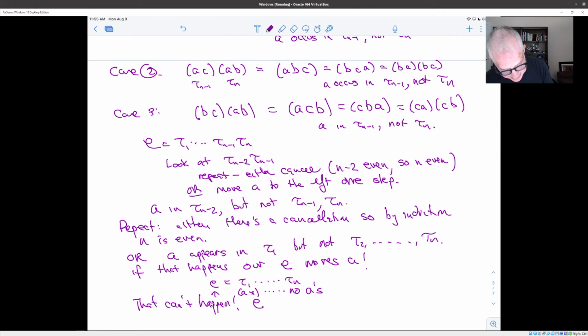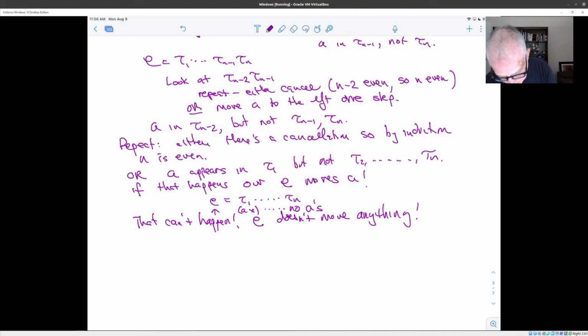Because the identity doesn't move anything, that case can't occur. So what that means is as you move the 1 down the way, or the A down the way, at some point you have to get a cancellation and the length has to get shorter. You don't know where that's going to be, but wherever it occurs, the length gets shorter, and so therefore you conclude